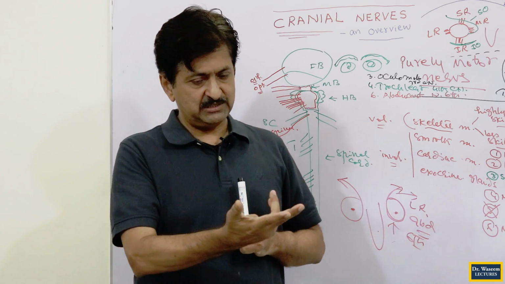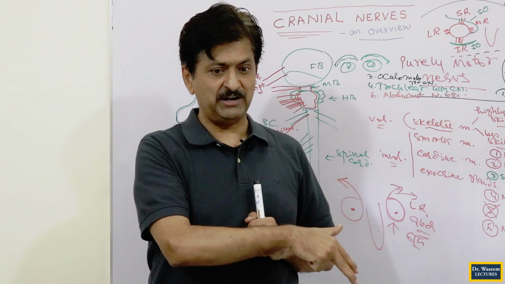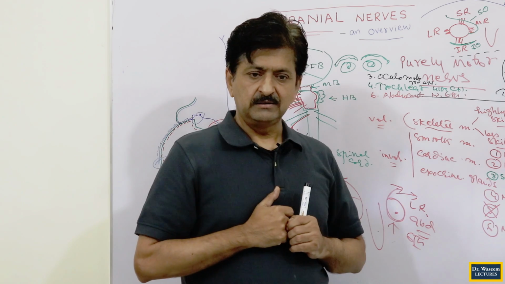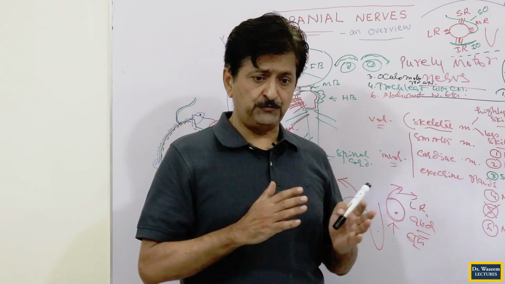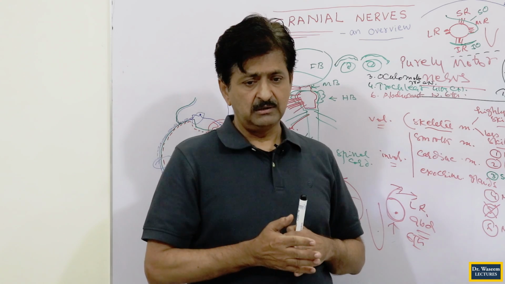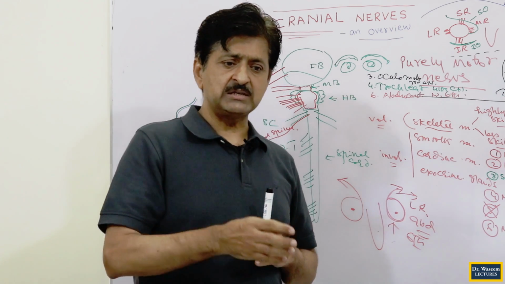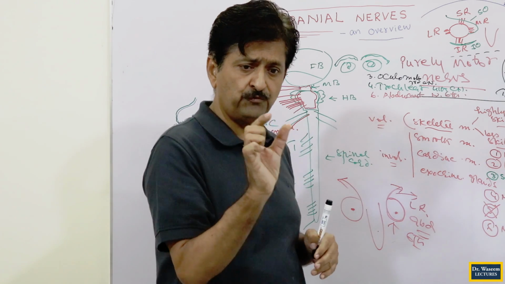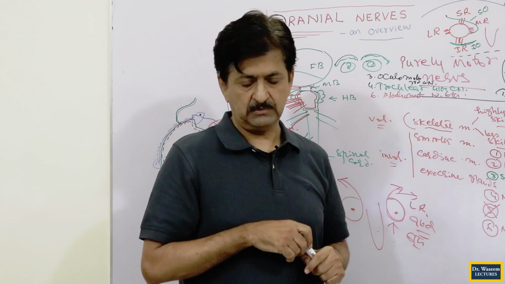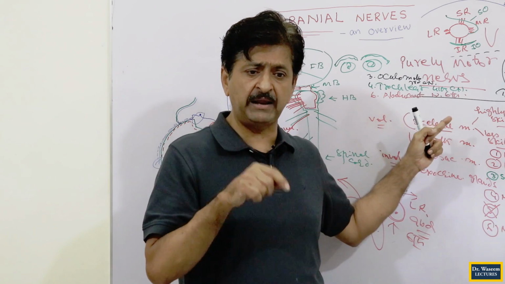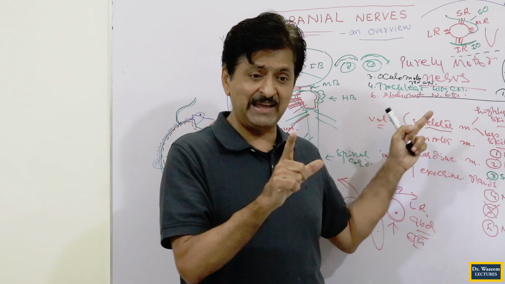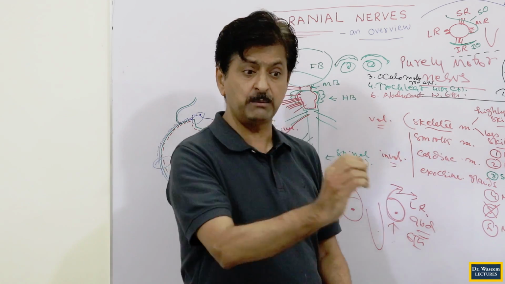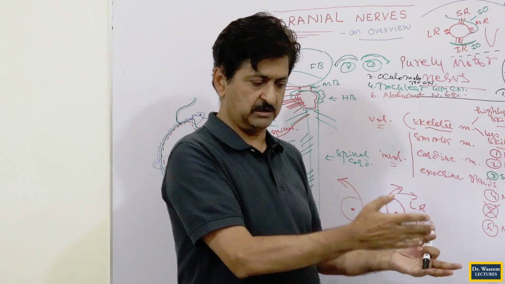So here we have just voluntary motor and involuntary motor. Probably, to do away with the confusion of being mixed or not, the people of anatomy have given this nerve the name oculomotor. The word motor has been put on it. This is probably the only nerve on the planet which has its name designed in such a way that you can see from a distance it is a motor nerve. That's why its name has motor. It's obviously oculo, so you call it oculomotor.